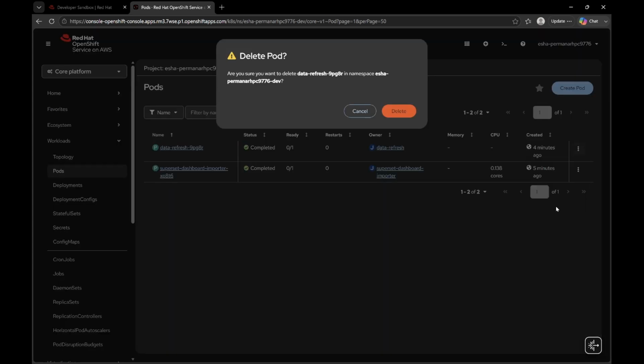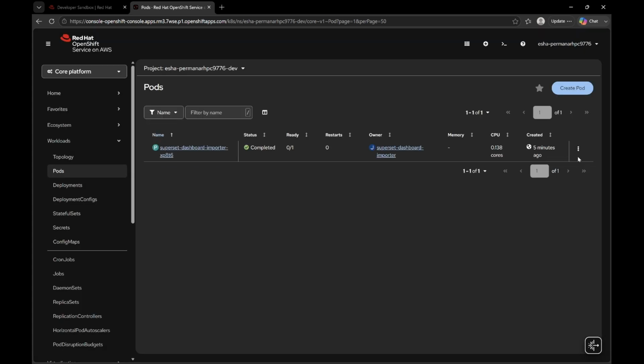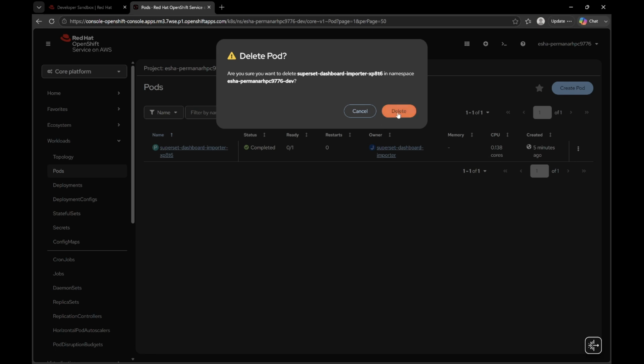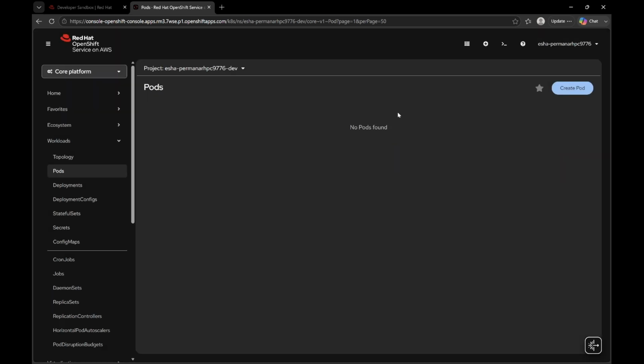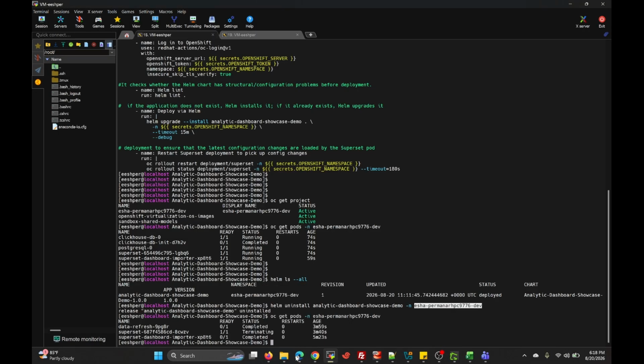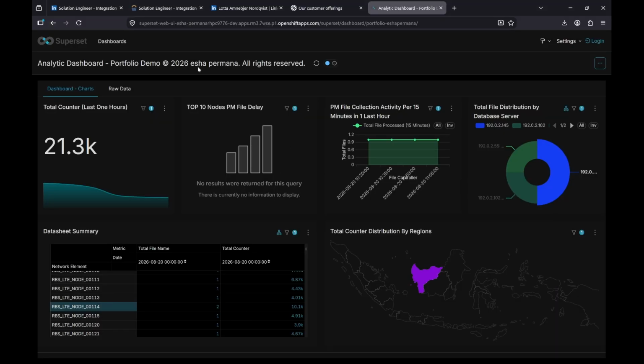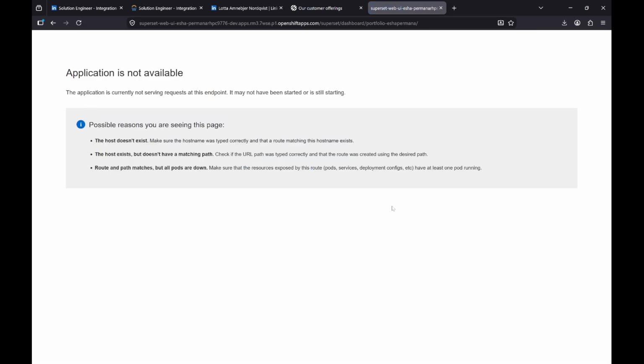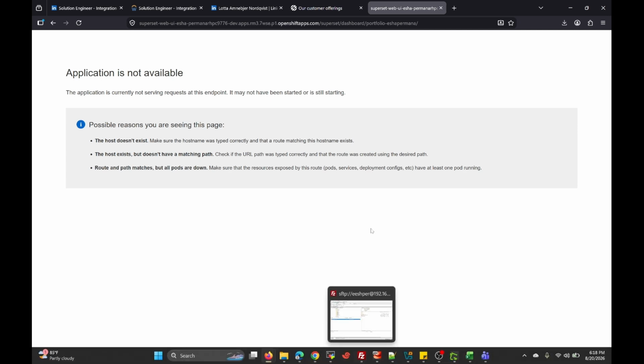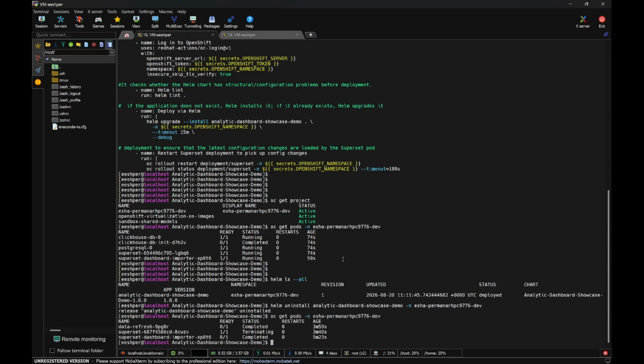We can delete the job as well, so we can have a fresh installation when we use Tekton pipeline for the next onboarding process. And then you can check on this web. It should not be accessible. The host doesn't exist because we already uninstalled the application. Okay, so now